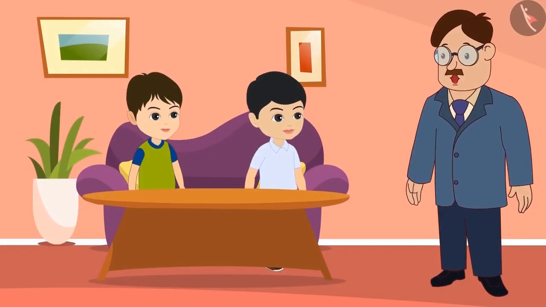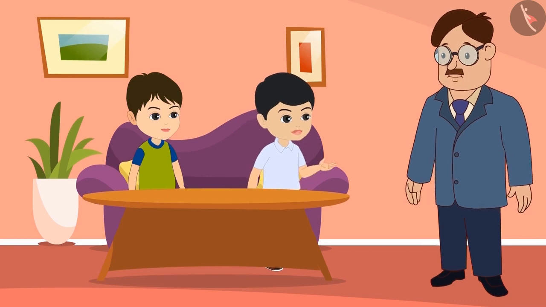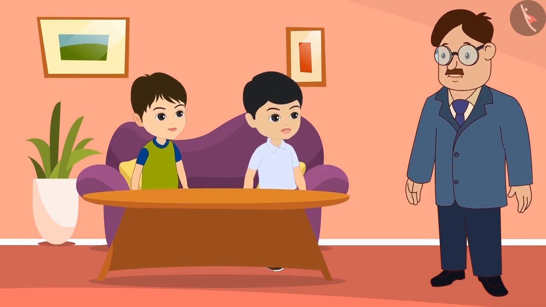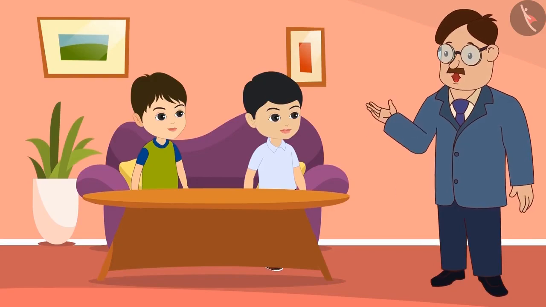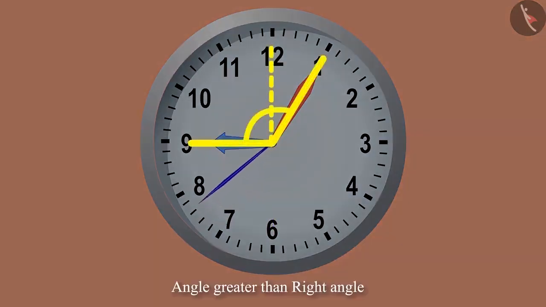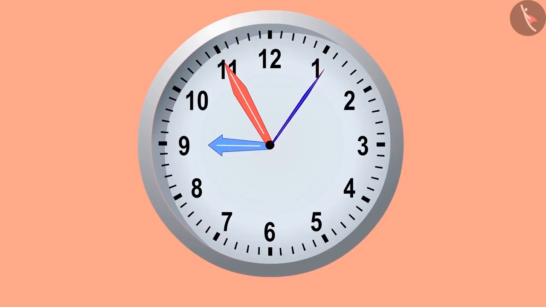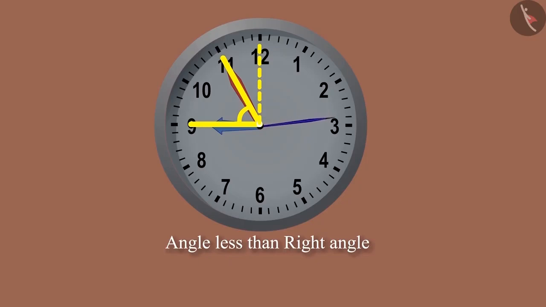Hey, why are you looking at the clock so carefully? Uncle, do the hands of the clock form angles? Yes, Golu. Now look, it is 5 minutes past 9 now. If we look at the angle made by these two hands, they are making an angle greater than a right angle. In the same way, when it is 5 minutes to 9, then they would be making an angle less